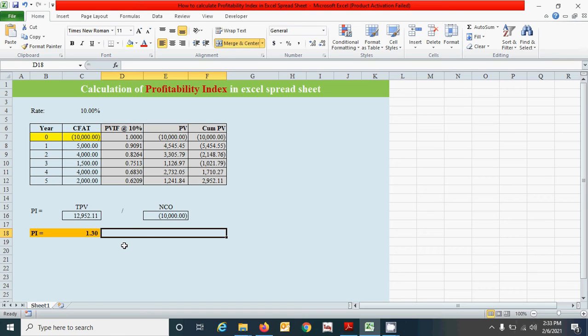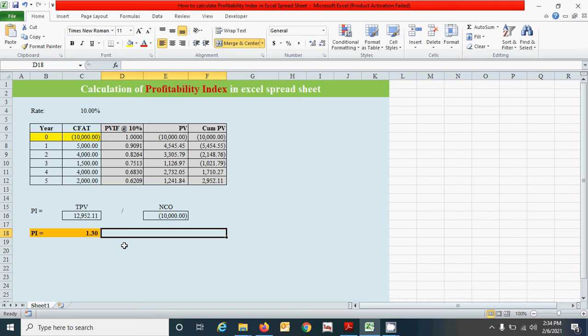Similarly, when PI is less than 1, our net present value will be negative, hence we should reject the project. When PI is exactly equal to 1, our net present value will be 0, hence we should make the decision based on consideration of qualitative factors.